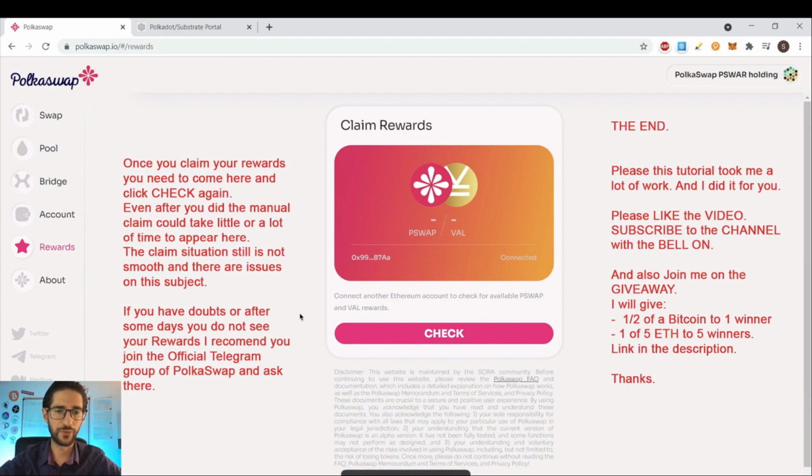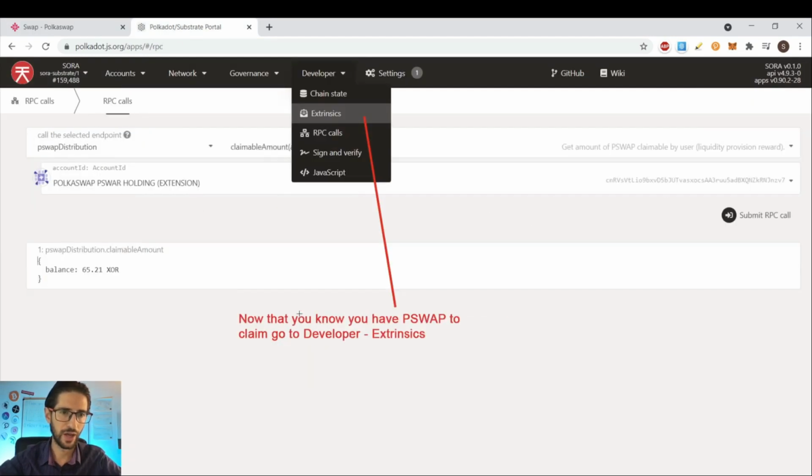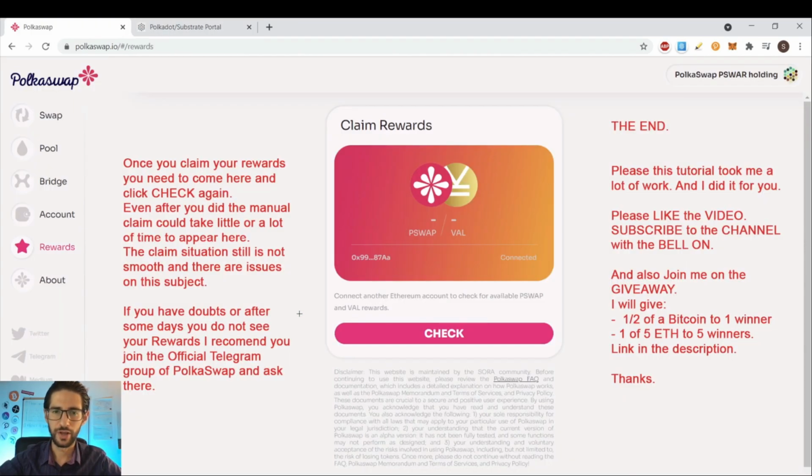So if you have doubts, or after some days you don't see your rewards, even if you saw it doing this part and you claimed it, and after some days you come here and click check and you don't see it, then I recommend you go to the official Telegram group of